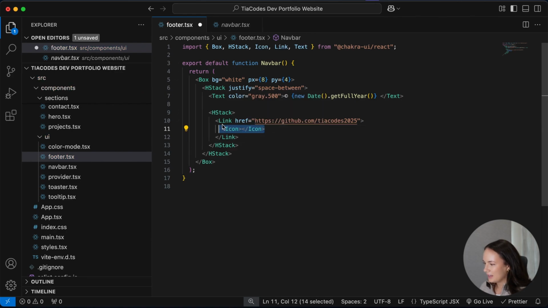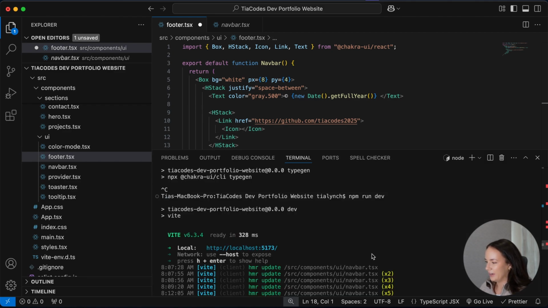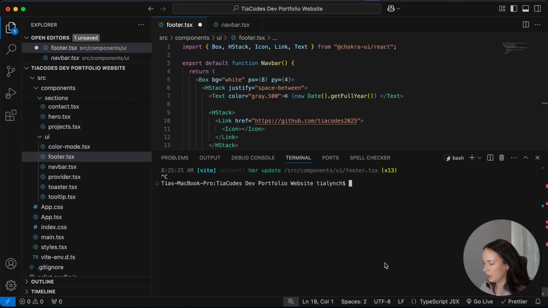And then so basically this is saying render this link as this icon component. I hope that makes sense. And then basically inside the icon component, we're going to use the icon that we imported from React icons. So to import React icons, you basically just need to run npm